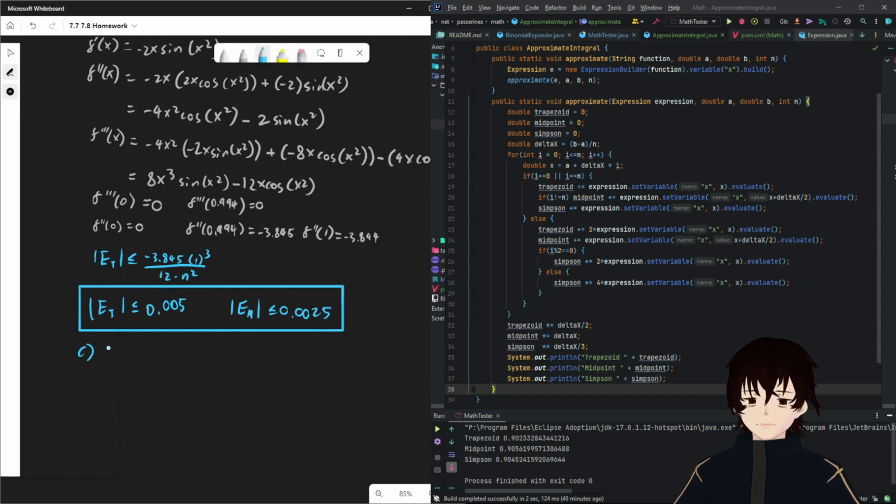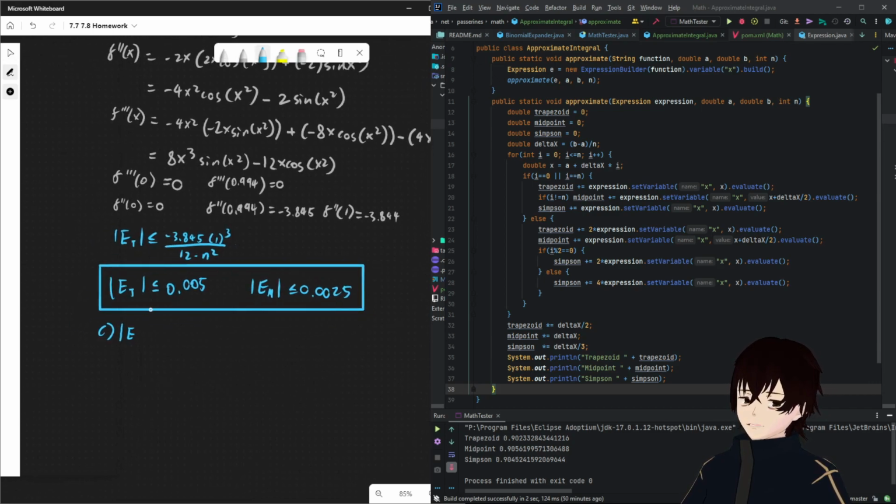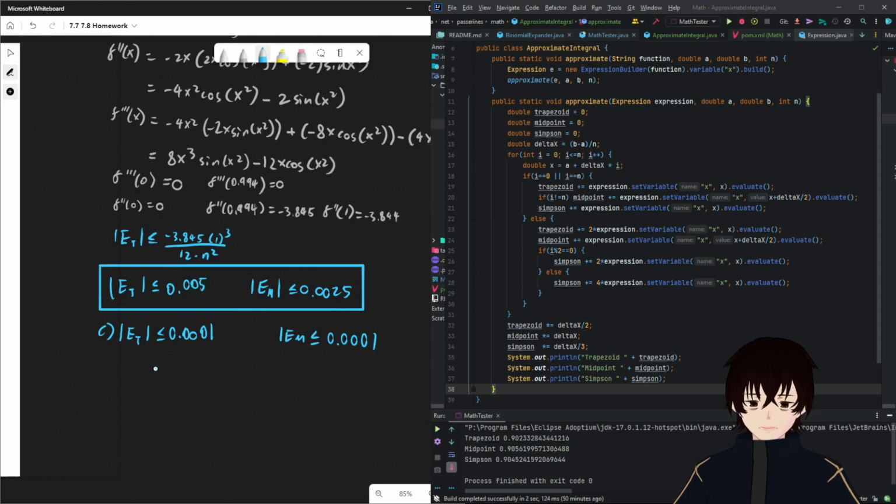Now C. C wants it so that, let me read the question. E of t is less than or equal to 0.0001. And it wants E of m to be equal to or less than 0.0001. All right, so